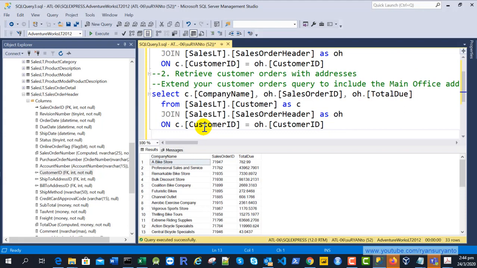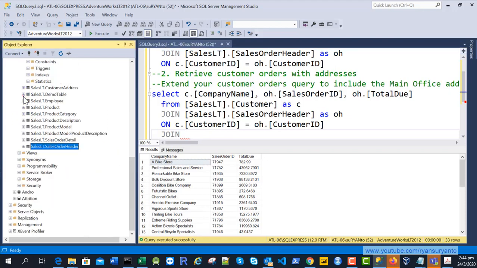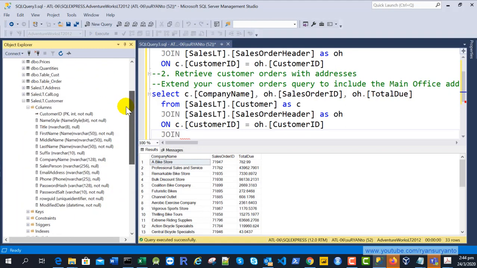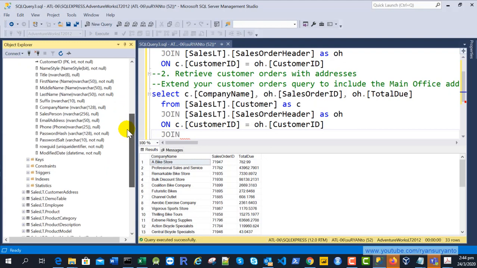Previously you only joined to the sales order header on this customer ID. Then I will put the second join. This time it is with the SalesLT CustomerAddress, which you can find under customer, this one.